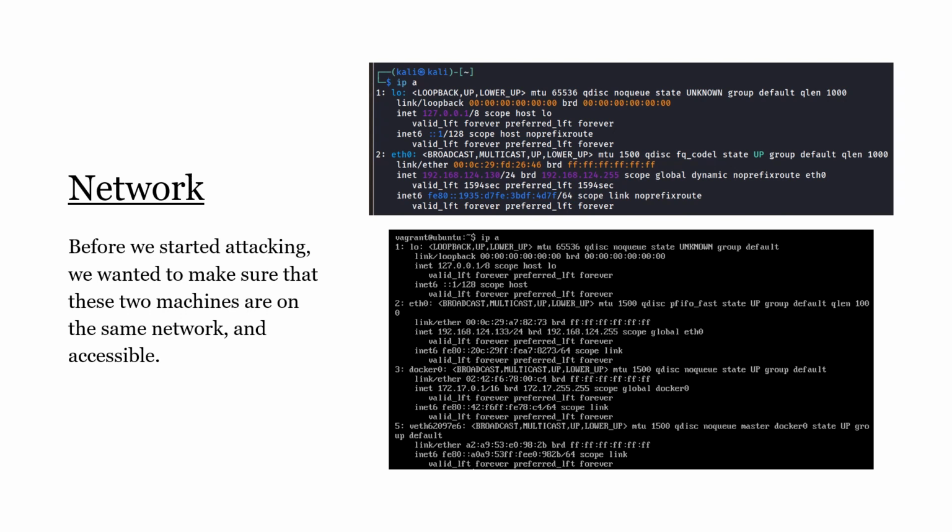And before launching the attack, we first make sure that both virtual machines are on the same network. And this is quite important because the attacker must be able to reach the victim server. By placing them on the same internal network, we simulate a real-world scenario where an attacker can access a target